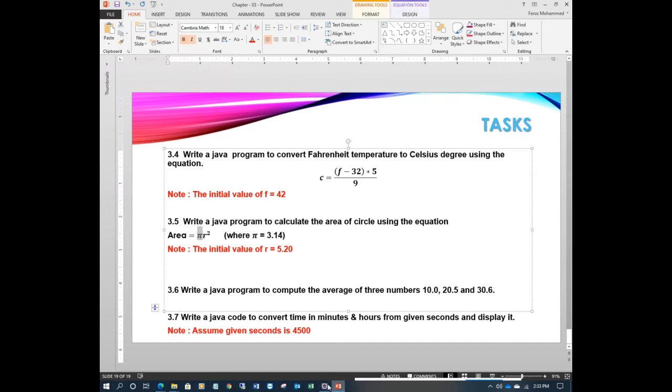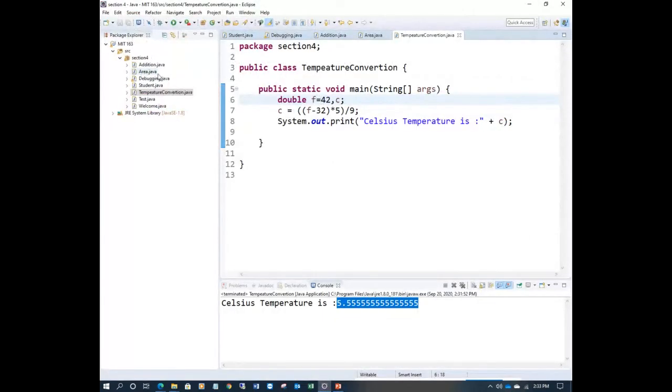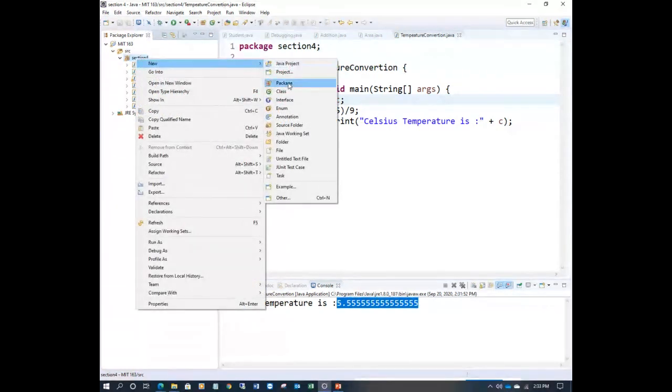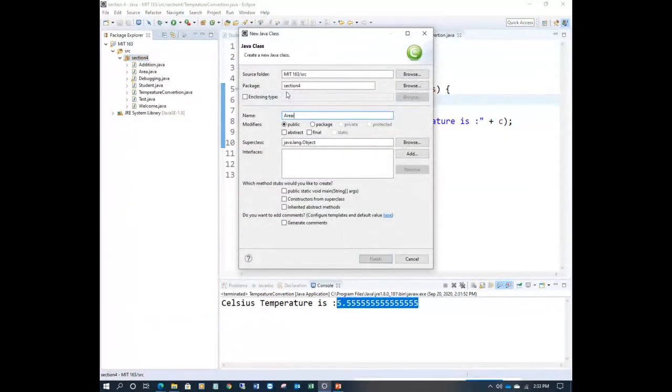So let's write a program, area of circle, right? Already we have Area, so I cannot use the same name. I can write a bigger name: class AreaOfCircle. Did you observe here? I start with a capital A, the next word also starts with a capital, and the next word too, right? This is one Java convention. You have to start every word with a capital letter. This is optional, you can use any name, but it should not be duplicated within the same package.